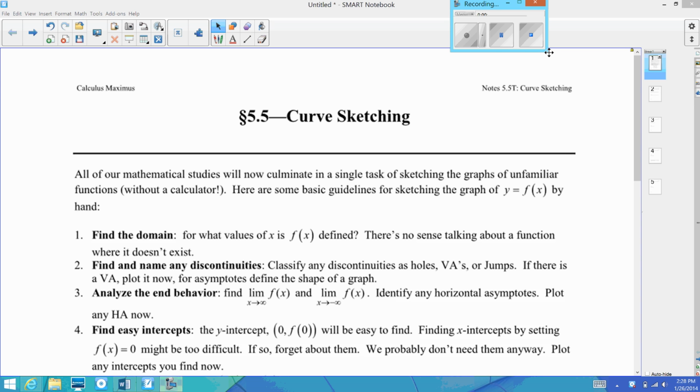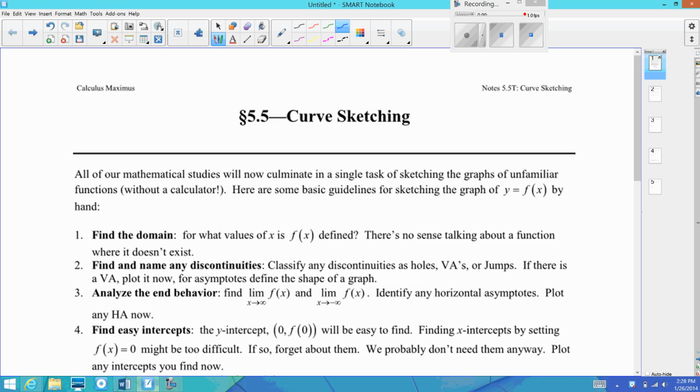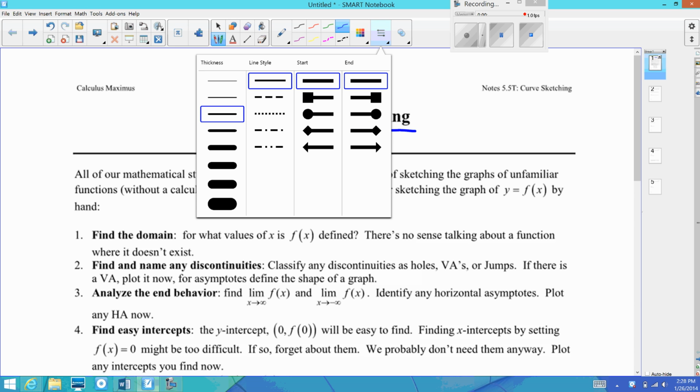Okay, so today we're going to bring all of our information together and start to graph these functions. So we're going to be focusing on curve sketching today. All right, let me make this a little smaller. Beautiful. Okay, so